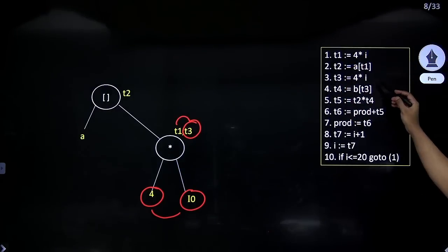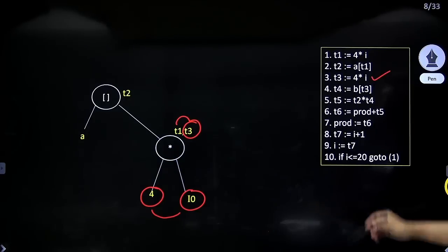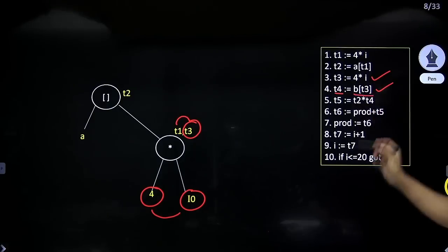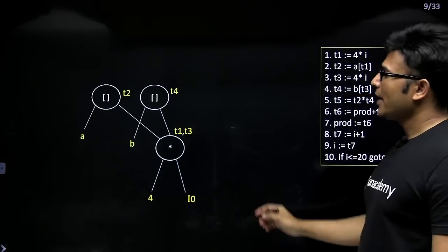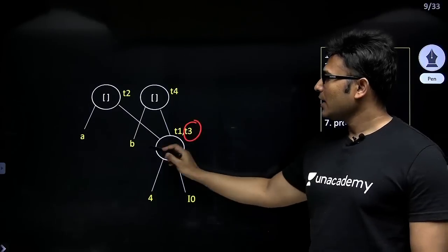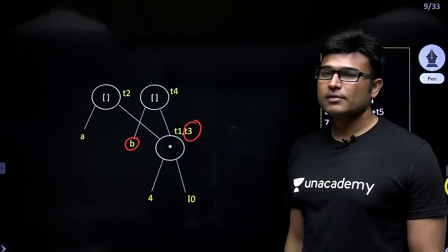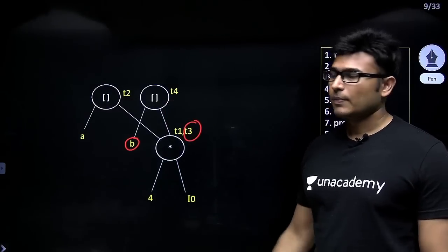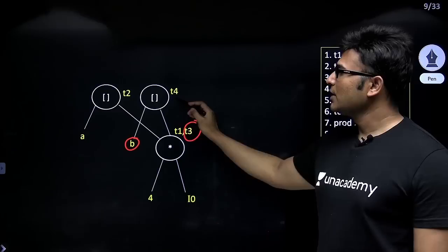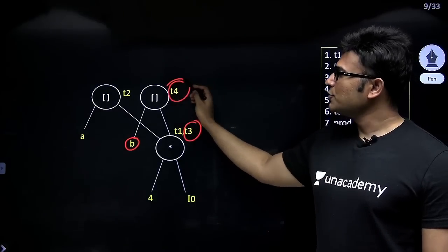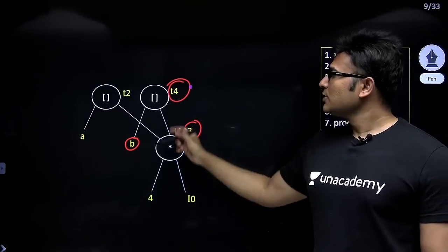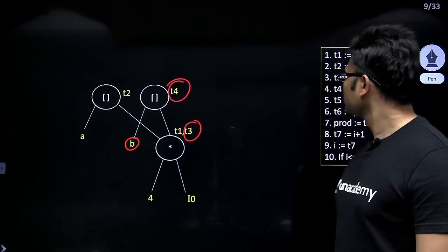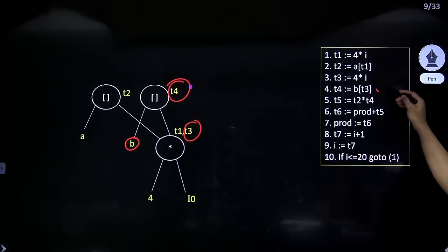Now so we are done till this part. Now let's see the next part. What is next part? T4 equal to B of T3. So I have taken T3 and I have taken the leaf B and I have applied the operator suffix, right? So suffix operator is applied, and whatever value is produced, that is nothing but T4. So that is why, if you observe it, the tag is T4, right? So till this part we did.